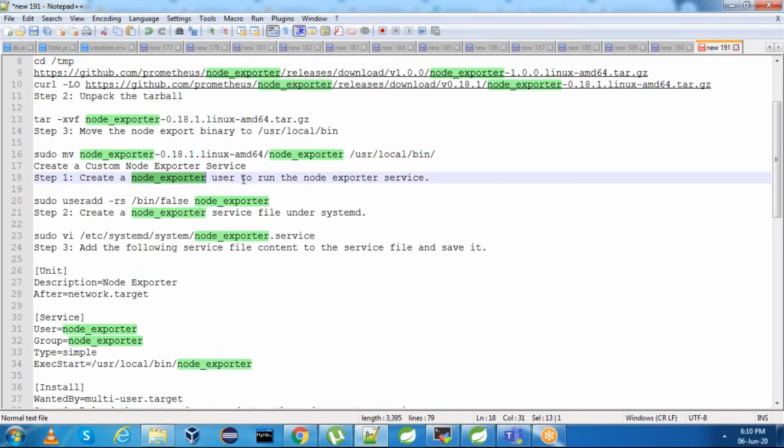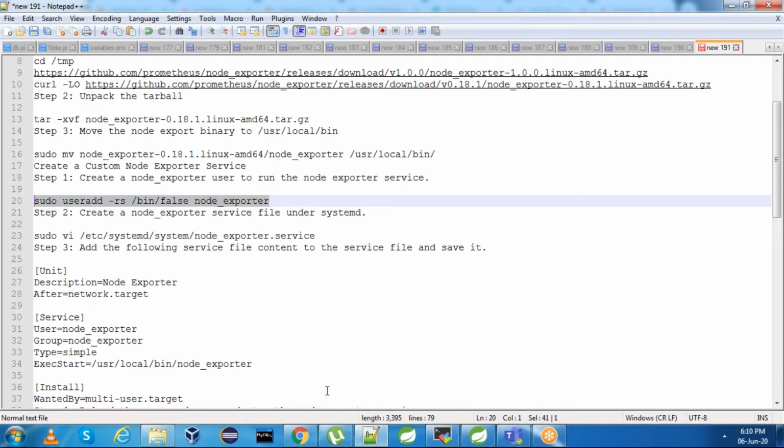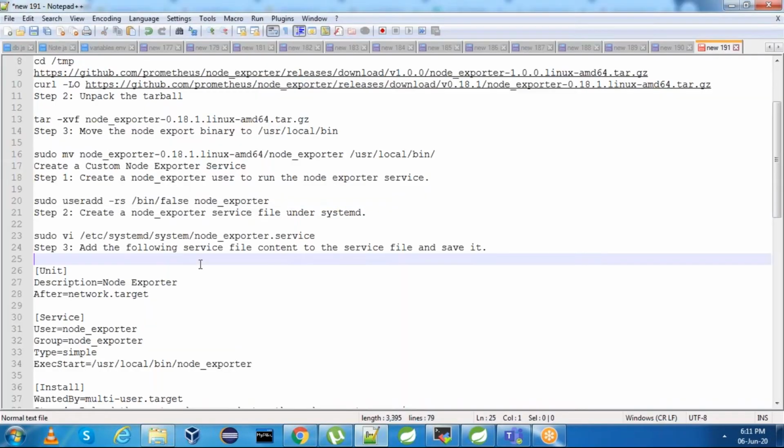Next, similar to the Prometheus service, you need to create node exporter as a service. To run node exporter, you need to create a user. This is the command we need to use: useradd -rs /bin/false node_exporter. This is the user. Next, you need to create a service file under /etc/systemd/system.